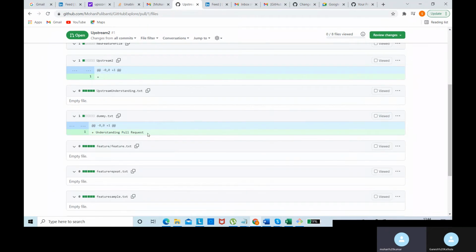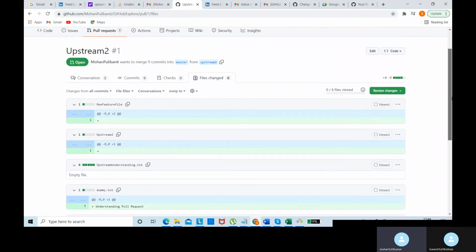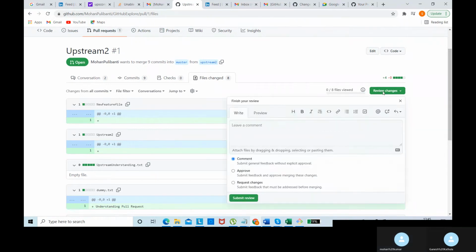Expand that review changes once on the top. There is a review changes on the top, right, to the leftmost corner. Expand that.